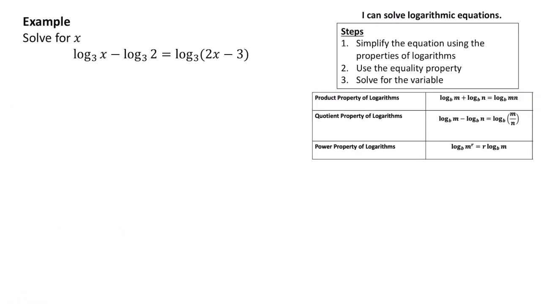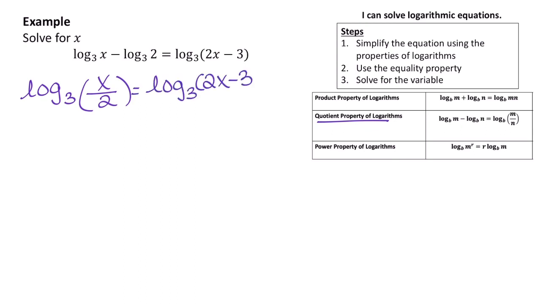Okay, so now let's try solving this equation. Notice once again, I have more than one log on the left side, and I have just one log on the right side. So I'm going to combine the left side using the quotient property since I'm subtracting. This gives me the log base 3 of x over 2 equals the log base 3 of 2x minus 3. Now that I've condensed this into one expression on either side, I can say that x over 2